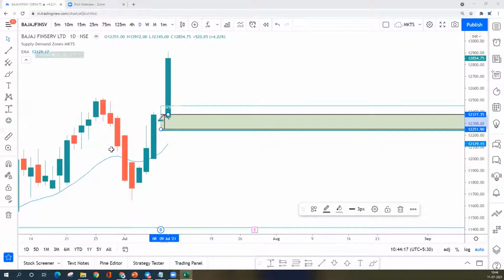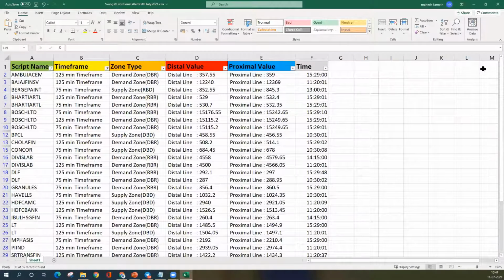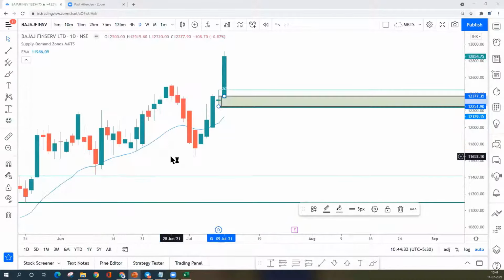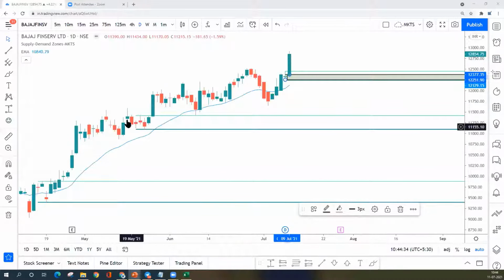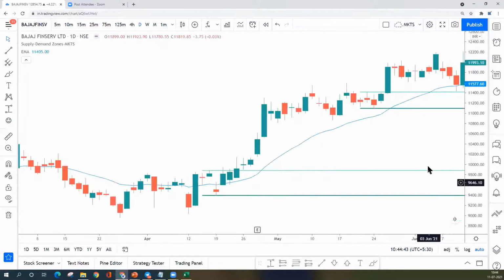Next stock, Berger Paints. Yes, because we'll buy on retracement. Now, if you're chasing price, buying anywhere here, your technical stop is below this demand zone. So we do not do that. We'll wait for a pullback. So here, can you see this? Rally base, rally formation. Did price come back to this demand? This was the rally base, rally formation identified.